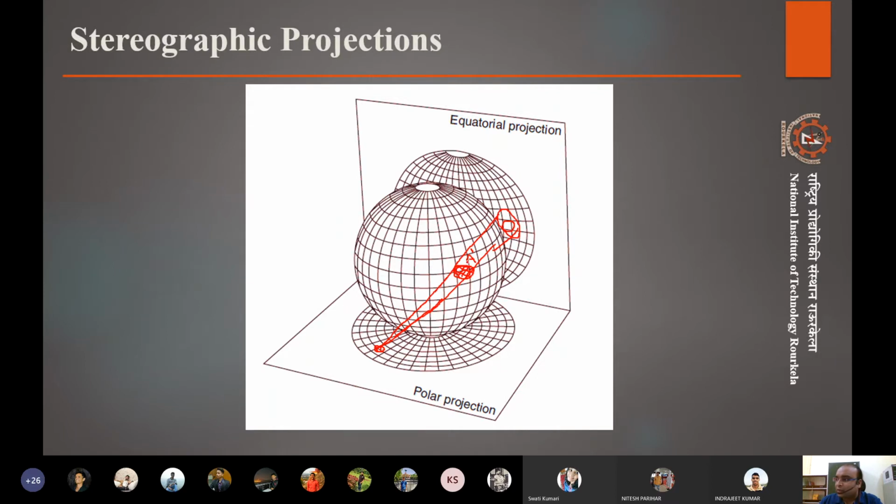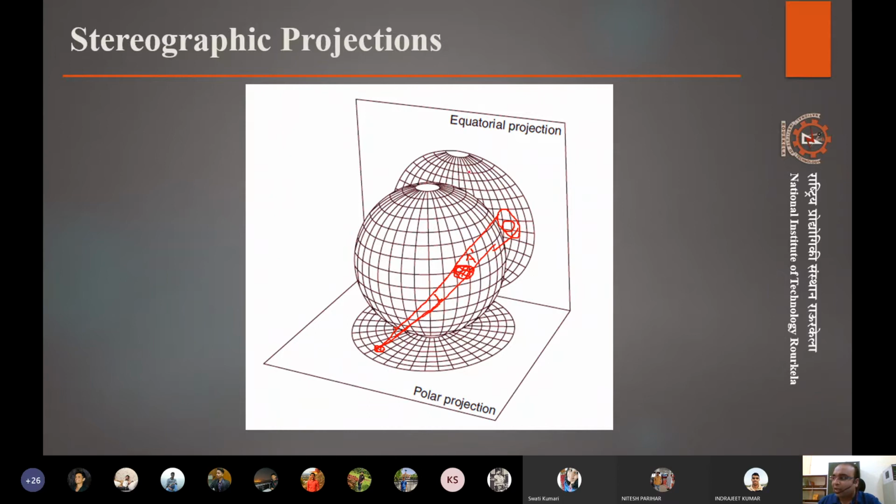Correct. So when this kind of representation is there, like what I plotted, it is conserving the angle of the projection. If this is 20 degrees, this also will be 20 degrees, but the area is being changed. So this kind of projection, when the perspective is like that, the projections that are made are called equal angle projections.